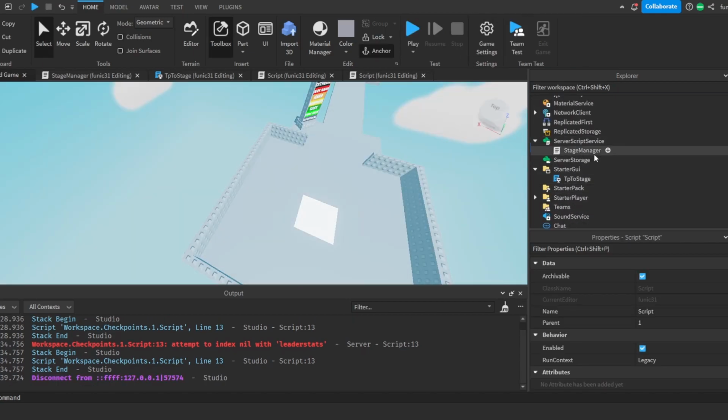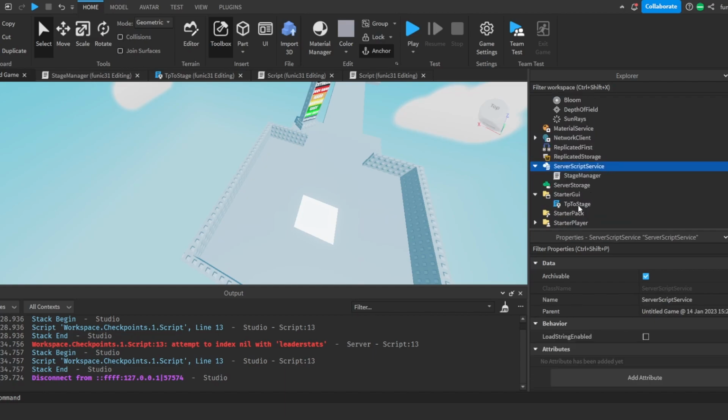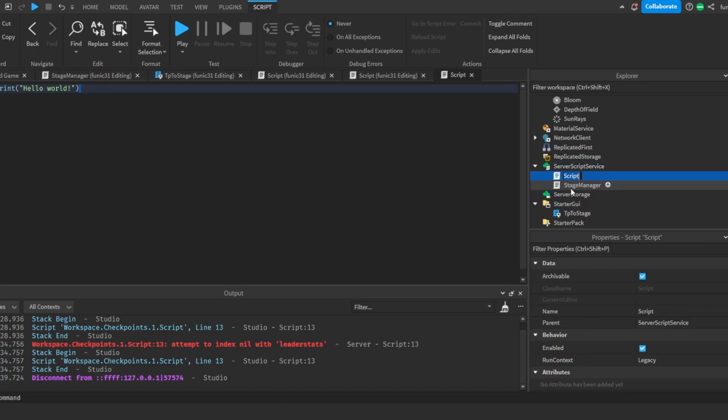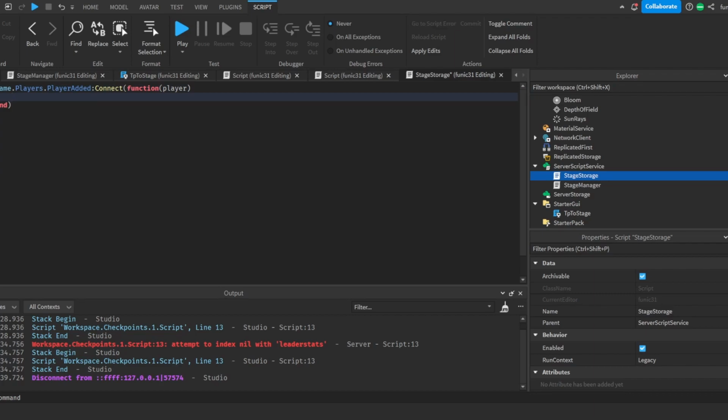So in order to fix this, I'm gonna make a new script here, and I'm gonna call it stage storage, and then I'm gonna do game.players.player added connect function player, and then I'm gonna do local stage is equal to instance.new int value, and then I'm gonna do stage.parent is equal to player, and then I'm gonna do stage.name is equal to stage, and then I'm gonna do stage.value is equal to